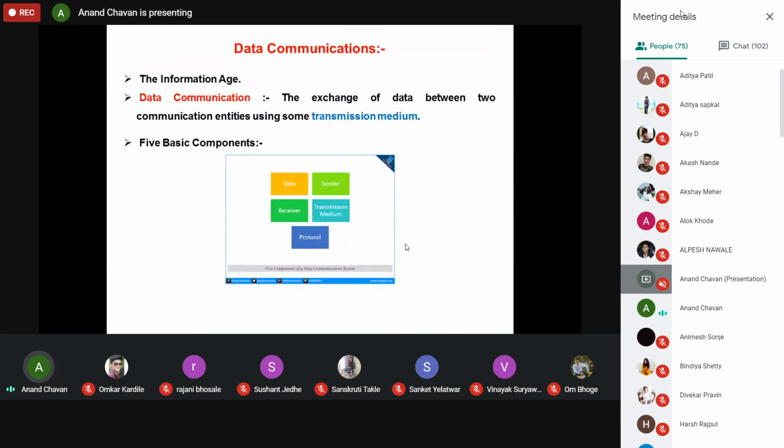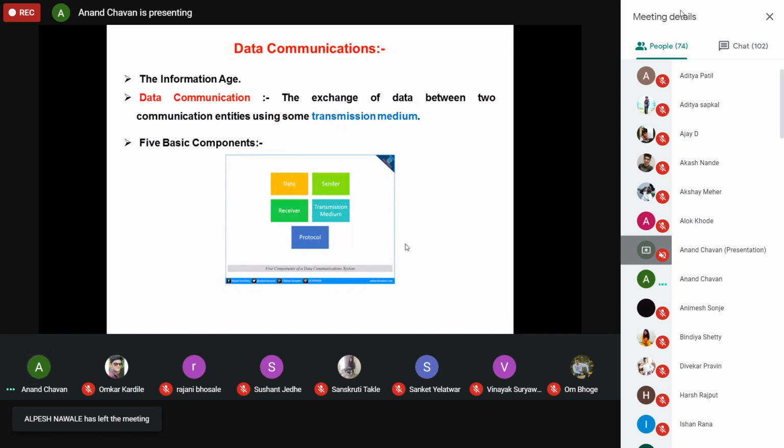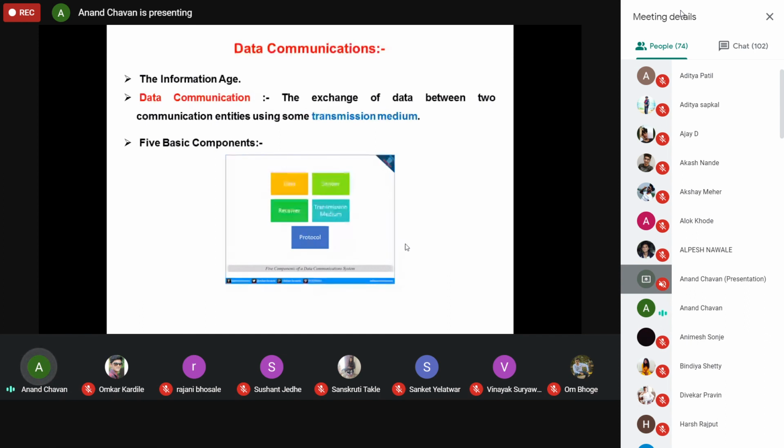That's why this particular syllabus will be broadly divided into the different OSI reference model layers. The first point we are going to see is data communications. Can anyone tell what is communication in general? My voice is audible?